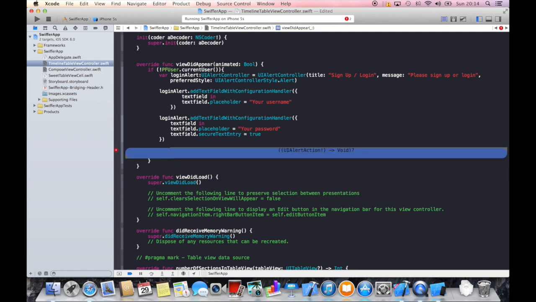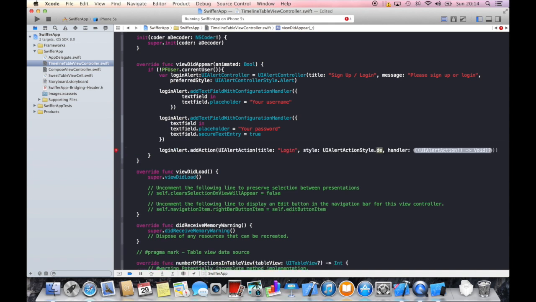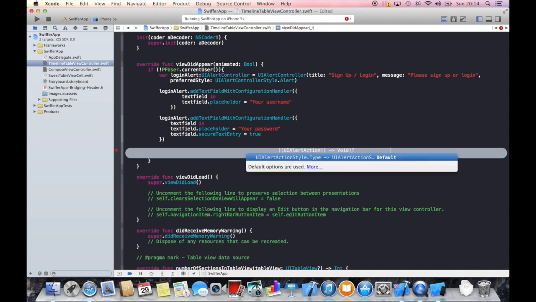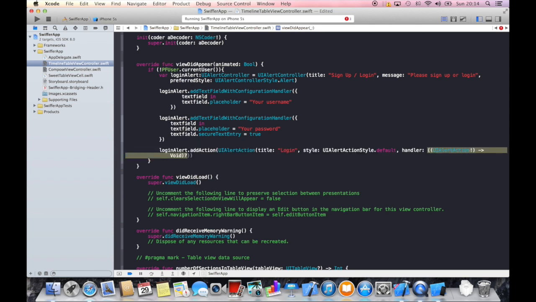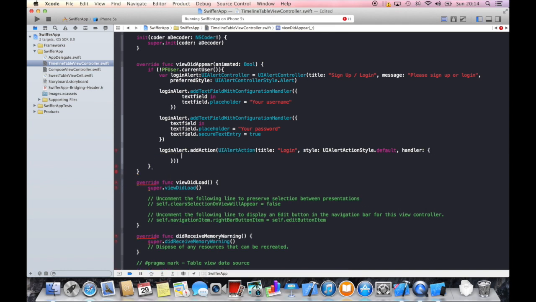Our handler also requires a closure, which is going to expect an alert action. So let's open our curly braces, give it an alert action